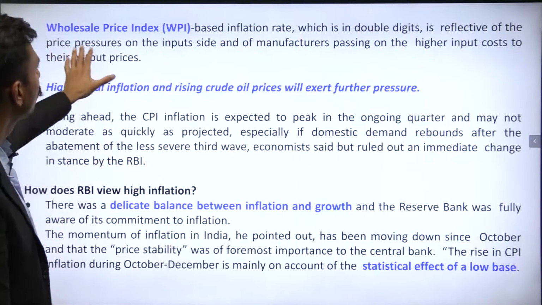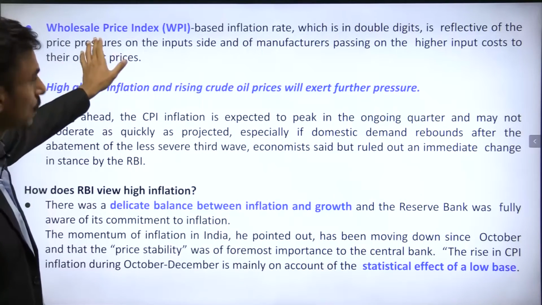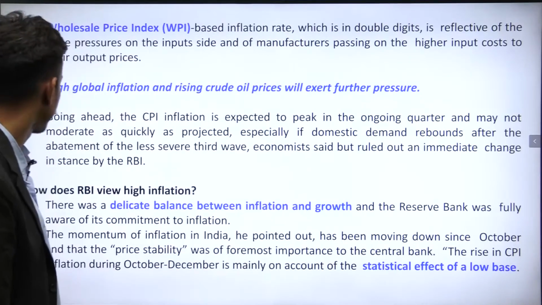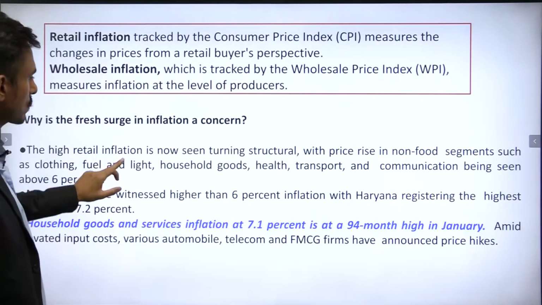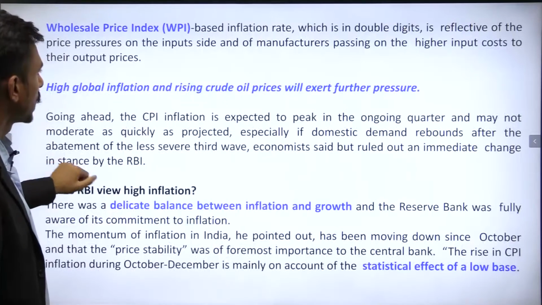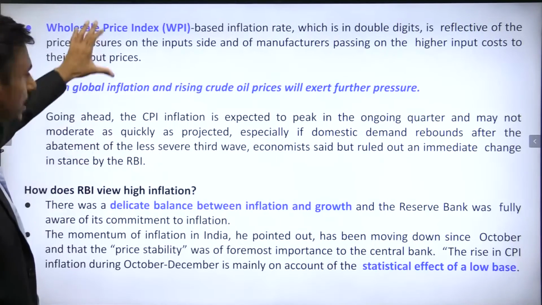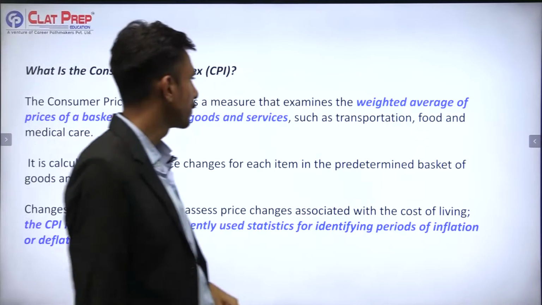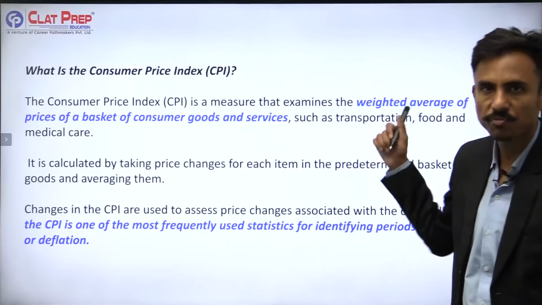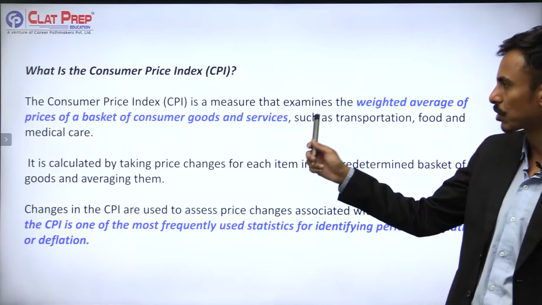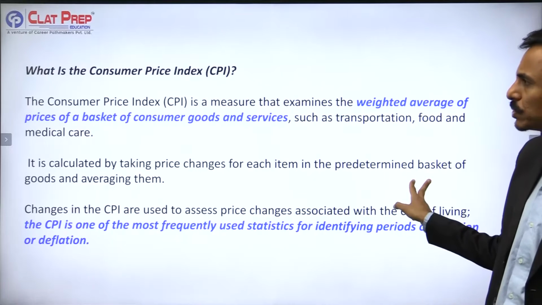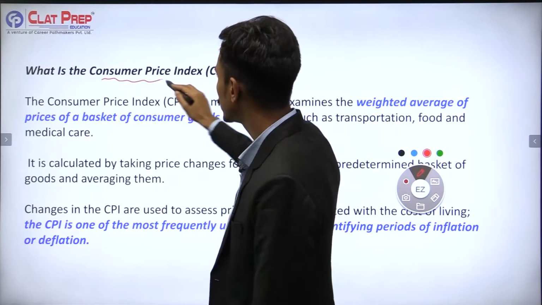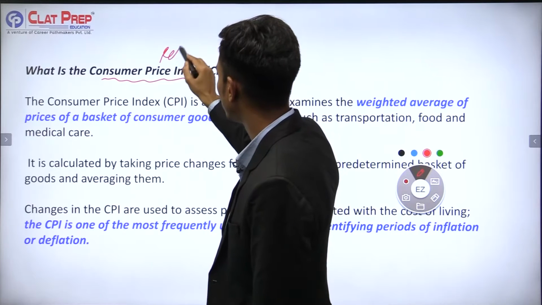So the Wholesale Price Index, WPI, is seeing double digits. It is somewhere around 13%, which is calculated at the wholesale level. And if I talk about the CPI, it is the weighted average of prices of a basket of consumer goods and services. Now the difference between CPI and WPI is that CPI is calculated at the retail level,